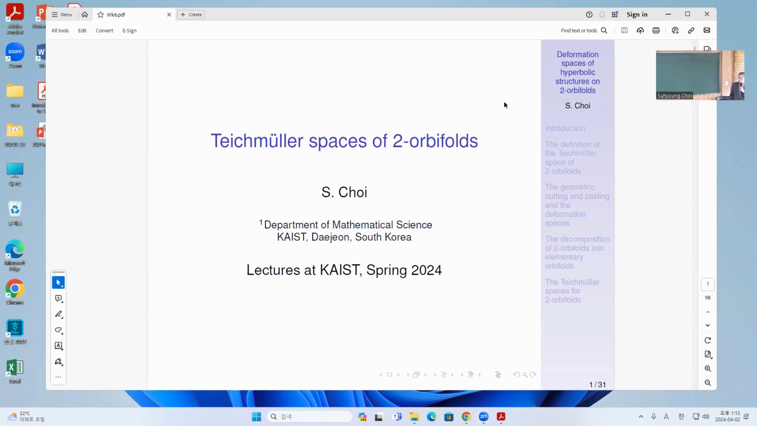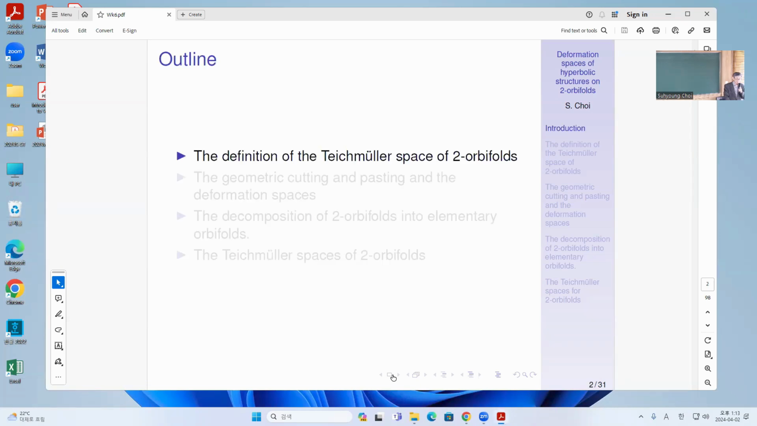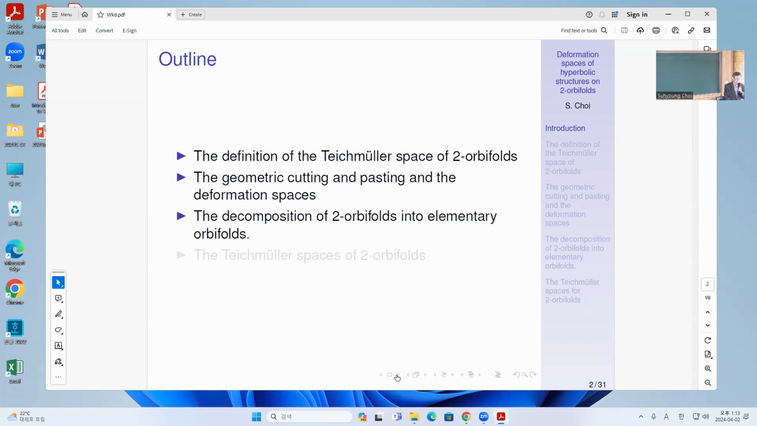Yeah. So today we will study the Teichmüller space of two-orbifolds. Okay. So we'll cover about half of this today. So first of all, what's the definition of the Teichmüller space of two-orbifolds, and then we talk about geometric cutting and pasting of deformation spaces, and the decomposition of two-orbifolds into elementary orbifolds, and the Teichmüller space of